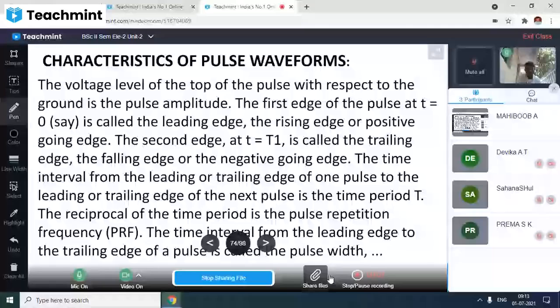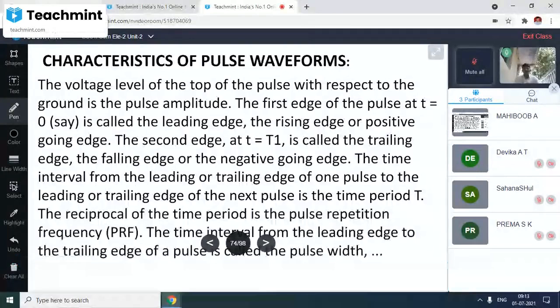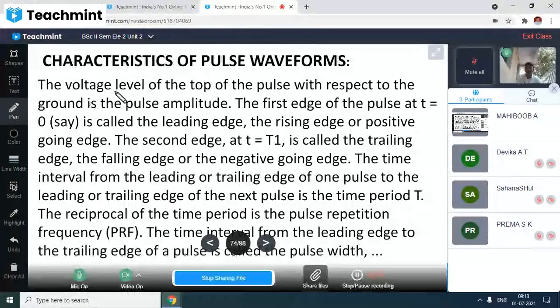Okay, today we discuss the characteristics of a pulse waveform. So the voltage level of the top of the pulse with respect to the ground is the pulse amplitude,